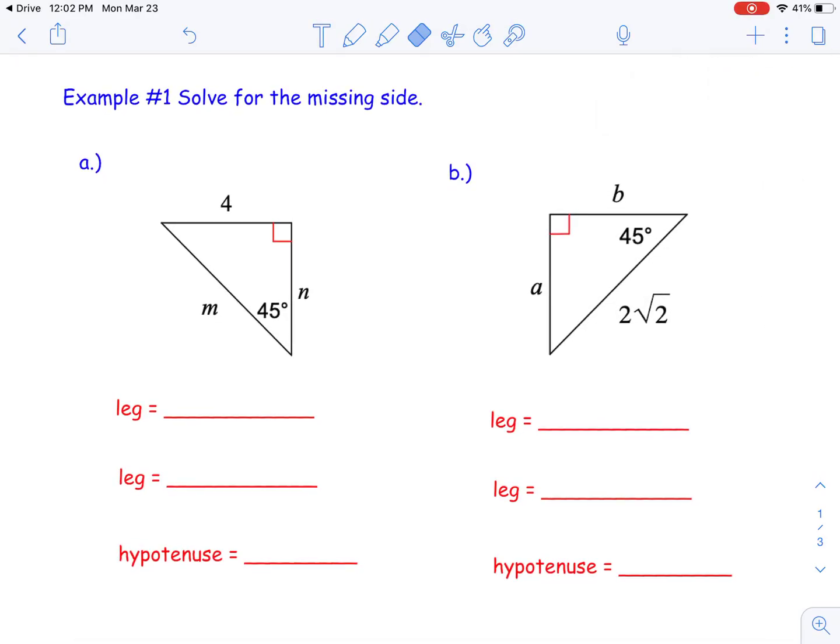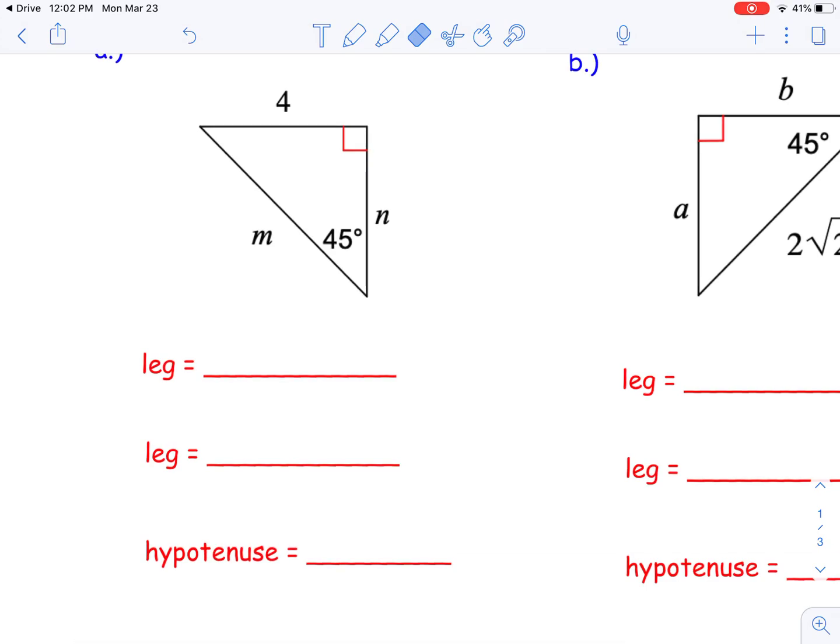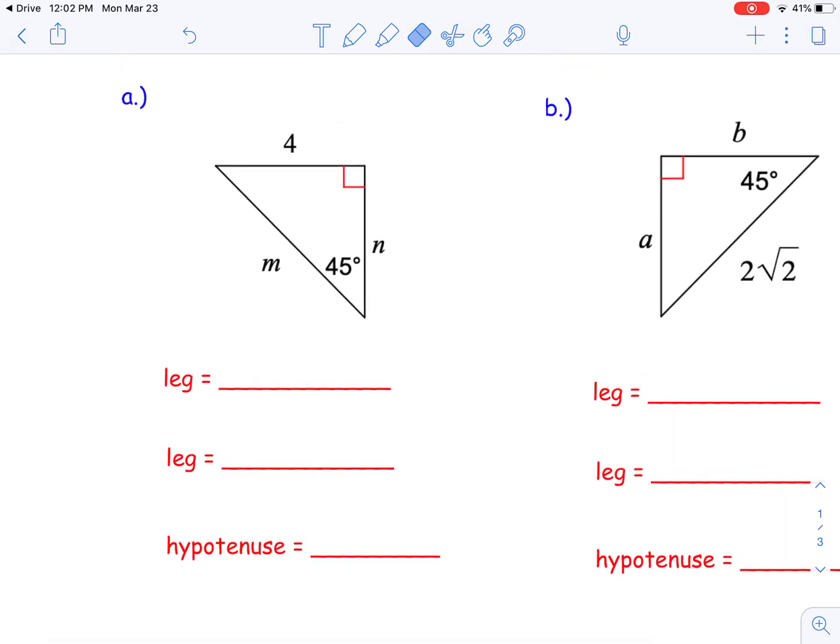Okay, so this video is going to be for 45, 45, 90 triangles. There's 4 examples that I'll work through. These are the easier examples. 30, 60, 90 is a little bit more. How I like to do these is I like to look at what I have, what information I have, and